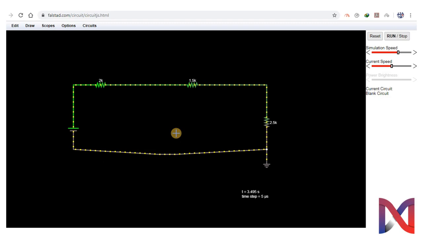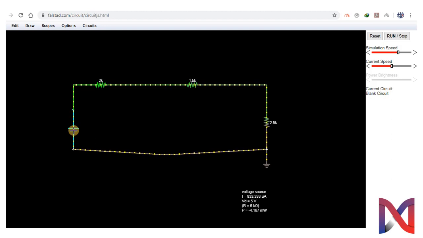Now what do you think? What will be the equivalent resistance of this circuit? It will be 2 kilo ohm plus 1.5 kilo ohm plus 2.5 kilo ohm, which is equal to 6 kilo ohms. Now if we move our cursor to this voltage source, we can see the respective readings.